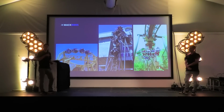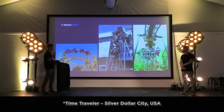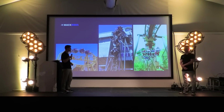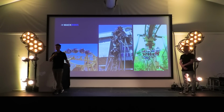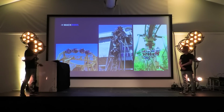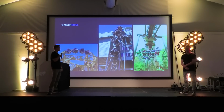We scaled up the spinning coaster concept in 2018 with Time Traveler in Australia and more recently the Ride to Happiness in Belgium, where we threw that out of the window and said, let's go crazy with spinning rides or spinning roller coasters. And we do inversions with that, and we can do chain lifts and LSM launches on that ride type as well. And then there's the final boss of layout design at Mack Rides, which is our inverted powered coaster,